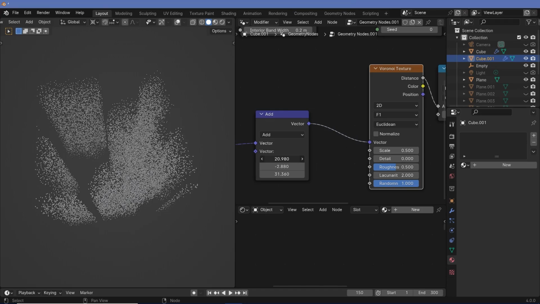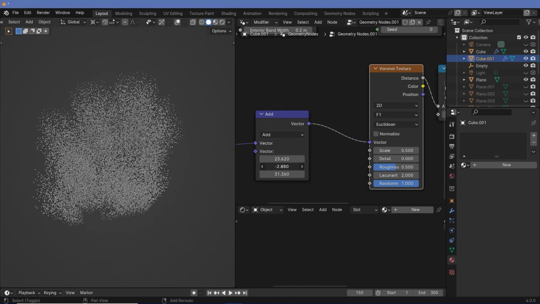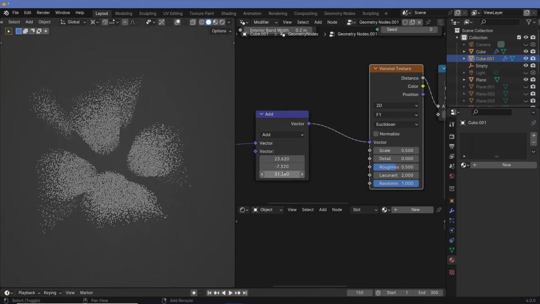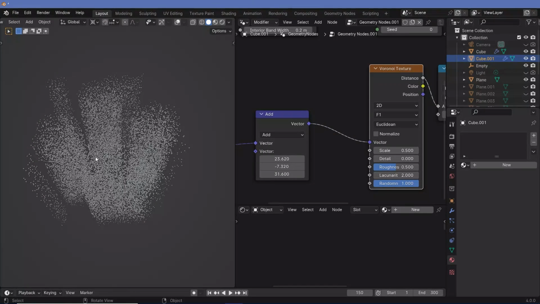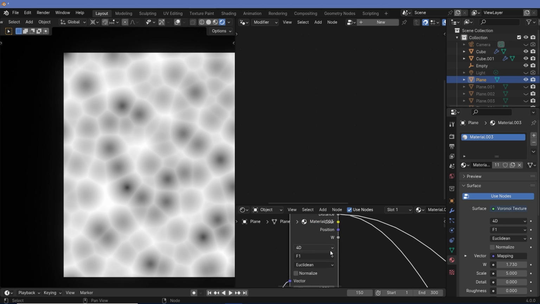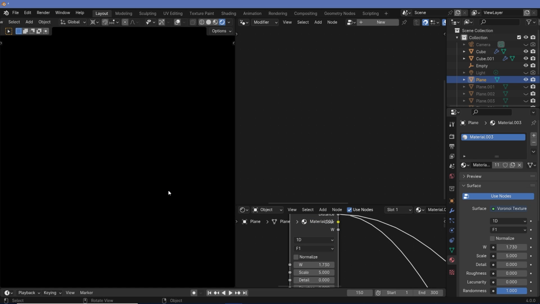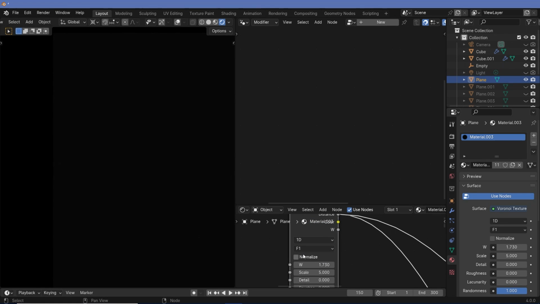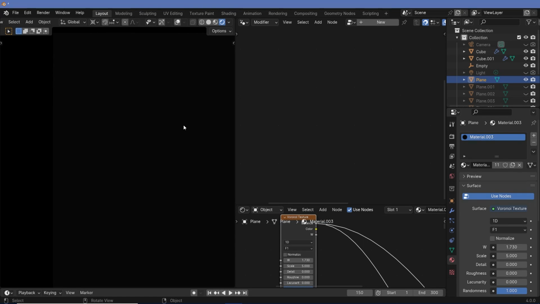But you can always move on the x axis as well as the y axis. So that is what this Voronoi texture does in 2, 3, and 4 dimensions. However, there is another thing that we did not talk about, which is 1 dimension. Now, again, many people do get confused when you switch something over to 1 dimension because the entire plane seems